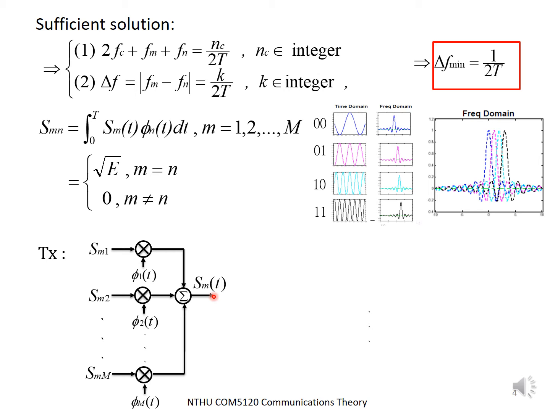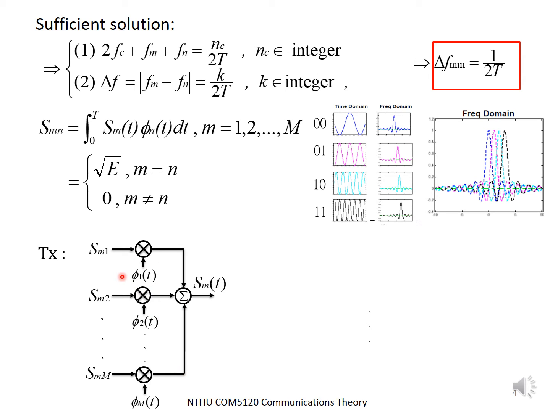So the purpose of the transmitter is to generate the waveform that we plan to transmit. There are M different types of waveform for transmission. So the transmitter hardware architecture is to